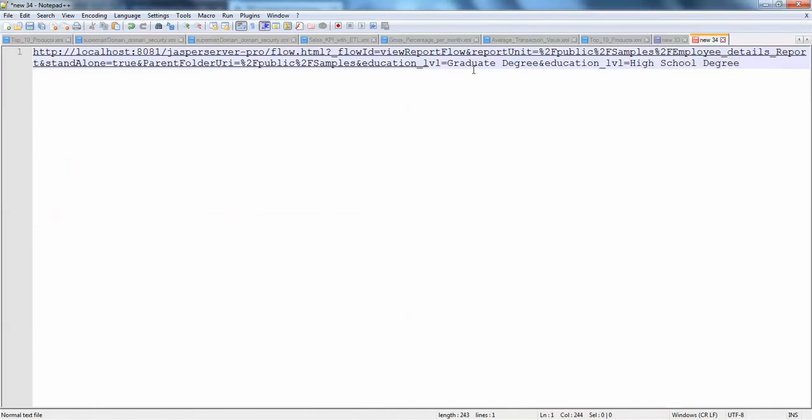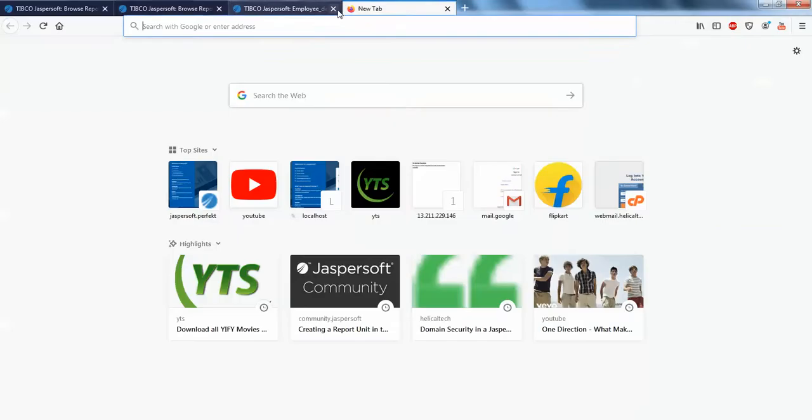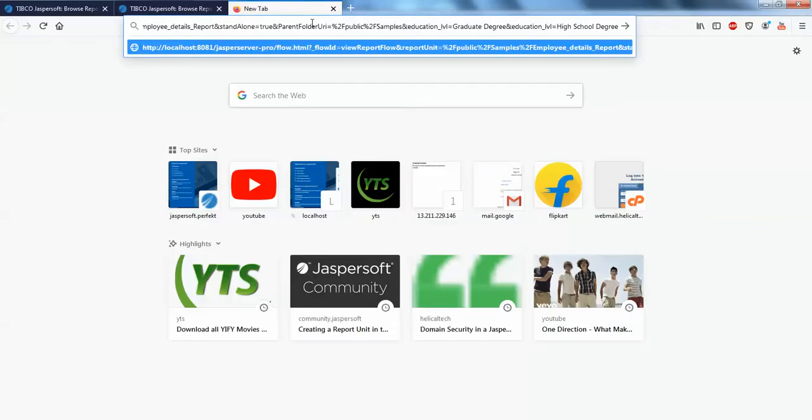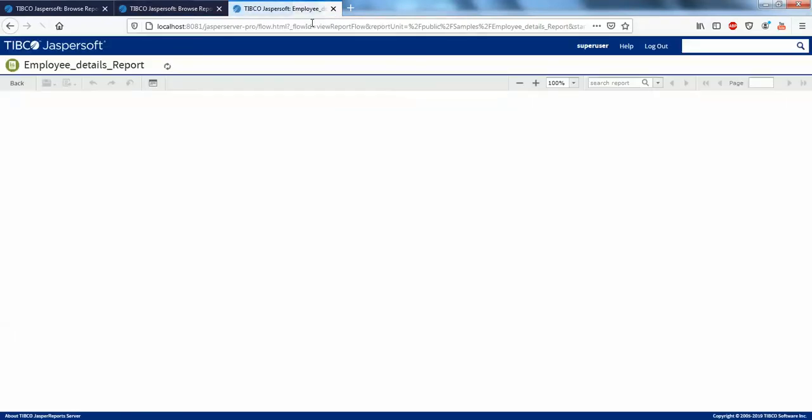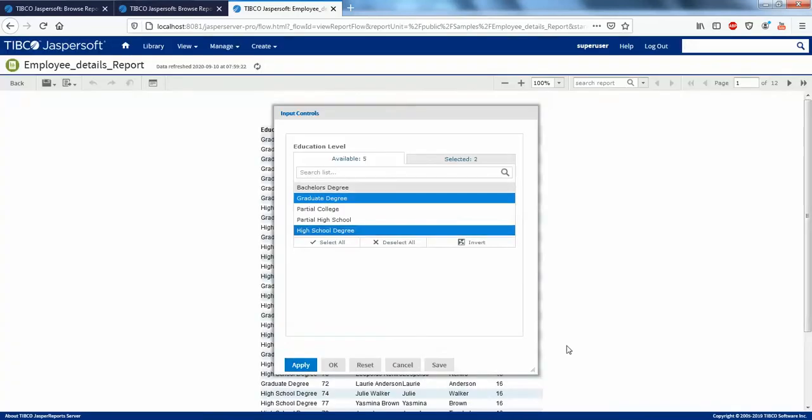Now by default partial college must be unchecked and these two must be highlighted, the graduate degree and the high school degree. Just copy this report URL and go to your browser and click this. Now you can see graduate degree and high school degree are selected. Just click on apply and your report is run.